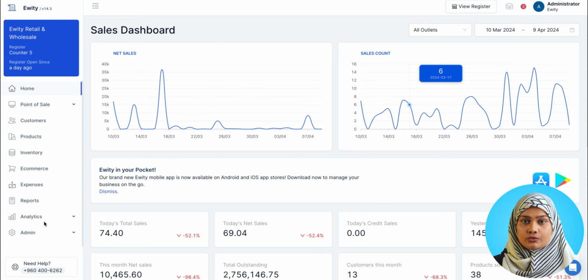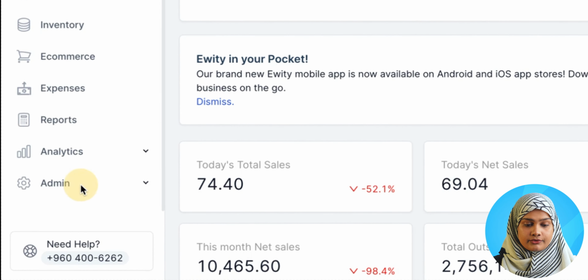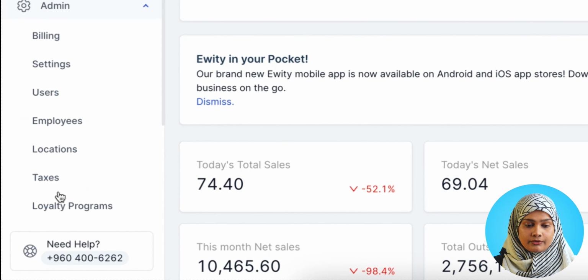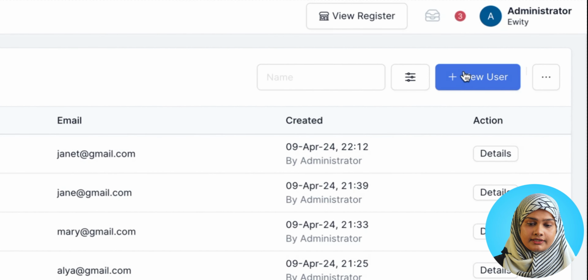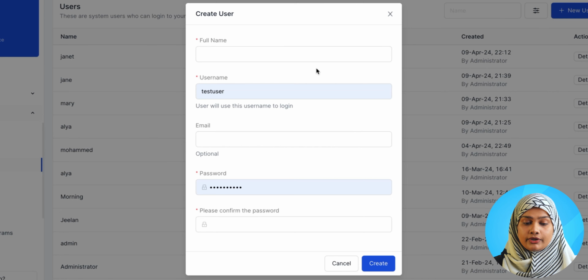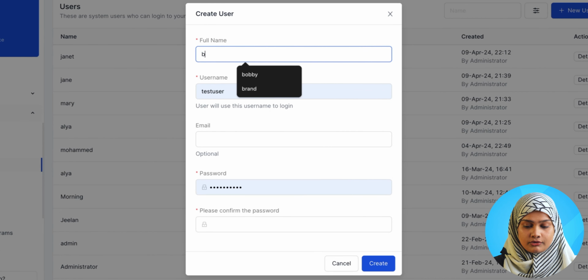So to create a new one, you can go ahead and select admin from side menu, and from there select users and click on the new user button here and enter the name of your employee, username, email and password assigned for the user, for example Bobby,